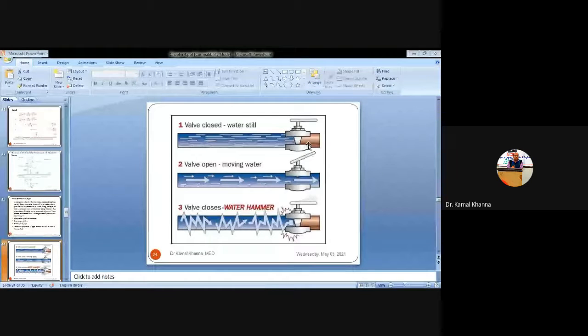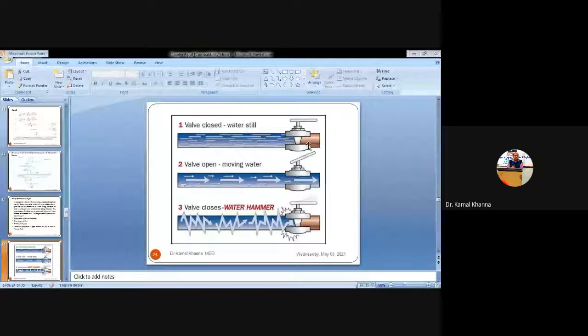In the third figure, I just want to show the process of water hammering in the pipes, or the hammer blow, and how it affects the inner surface of the pipe, or the gate valve, or the flow. That is called water hammering. So let us say the water is moving from one point to another point as shown in figure 2, and the valve is open and it is moving with certain momentum, and suddenly you have closed the gate valve.